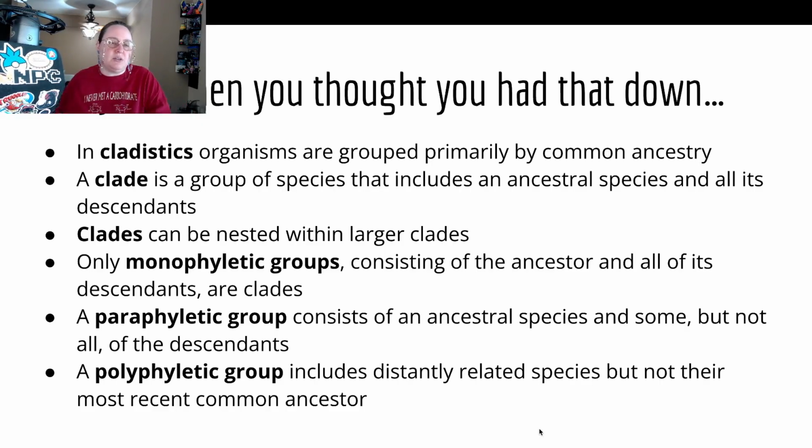Now, in this day and age, we don't just use trees. We have gone over to something called cladistics, which is basically organisms that are grouped primarily by common ancestry. So a clade is a group of species that includes the ancestral species and all of its descendants. So say you're looking at something like spiders. We split these up into clades, and we have clades nested in larger clades. Think of Russian nesting dolls, that's basically what we do with clades. So we have lots of clades. This is where all the fun arguments are. So when they talk about clades in some of the videos down the line, this is what we're talking about. Basically it's the ancestral species and all of its descendants.